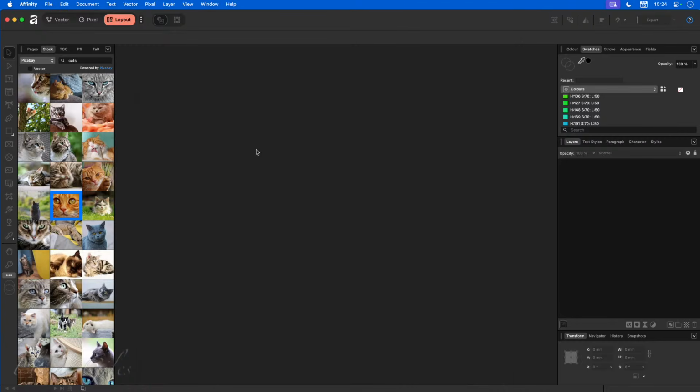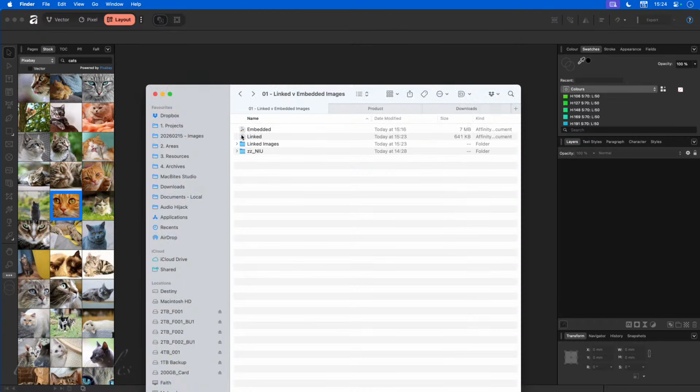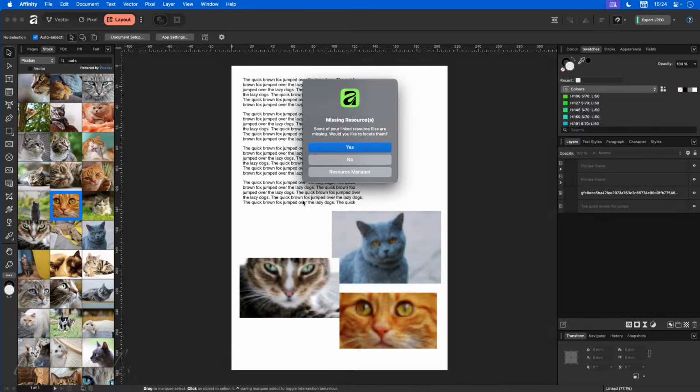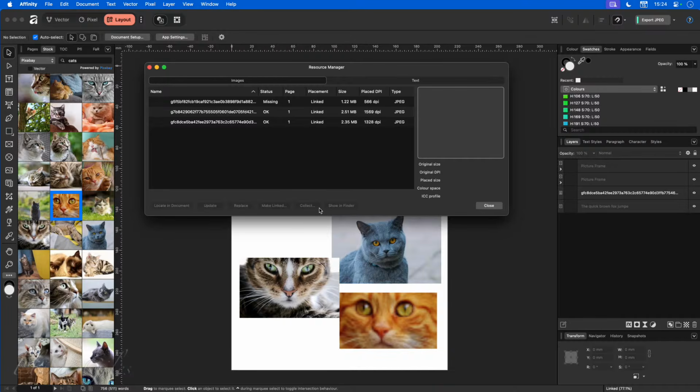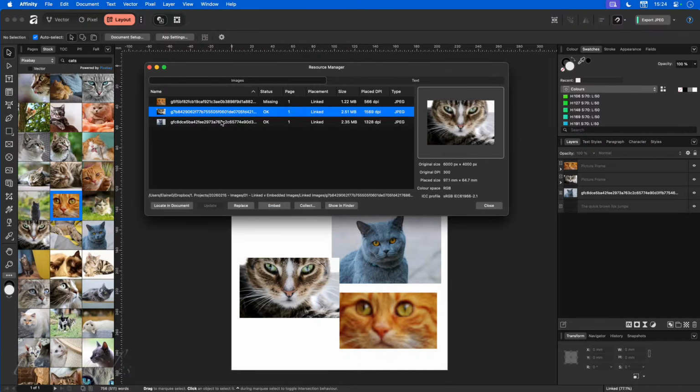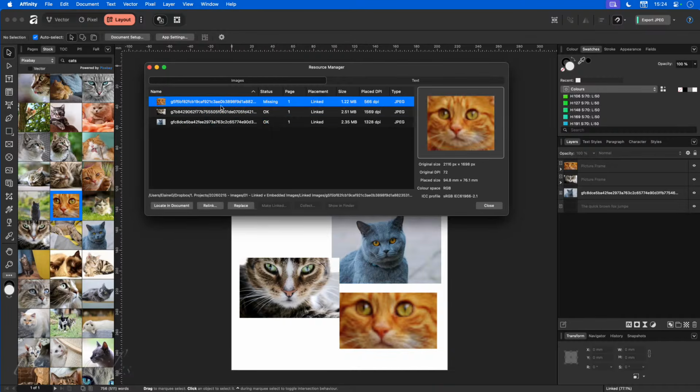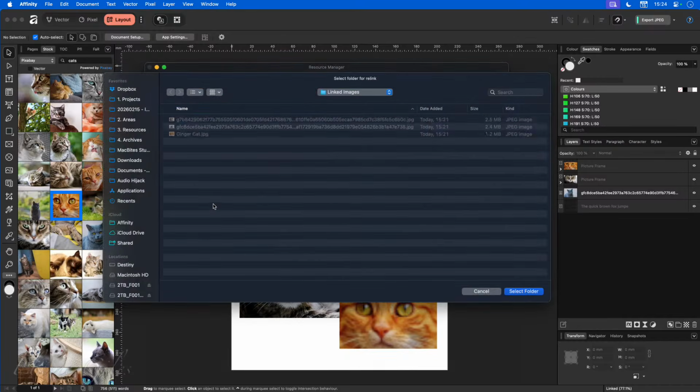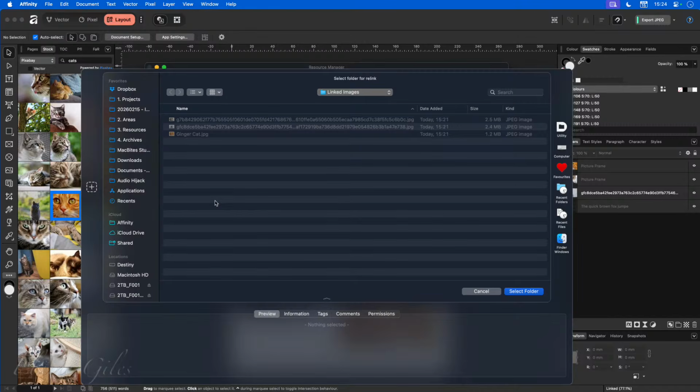You should know what's coming at this point. If I then open up my linked file, it's going to be complaining, right? Some of the images are missing, is what it's saying. So I'll go to the resource manager and have a look. Well, this one's okay, and this one's okay. This one is missing, and indeed it is. But when I relink it, I don't necessarily have to relink it to, I'm just thinking here, it's saying choose